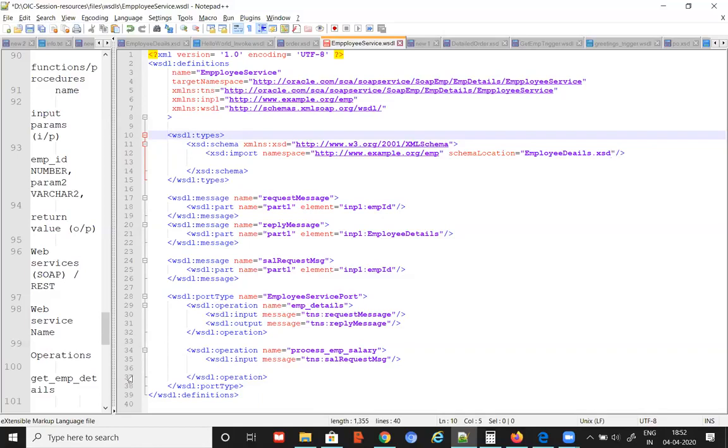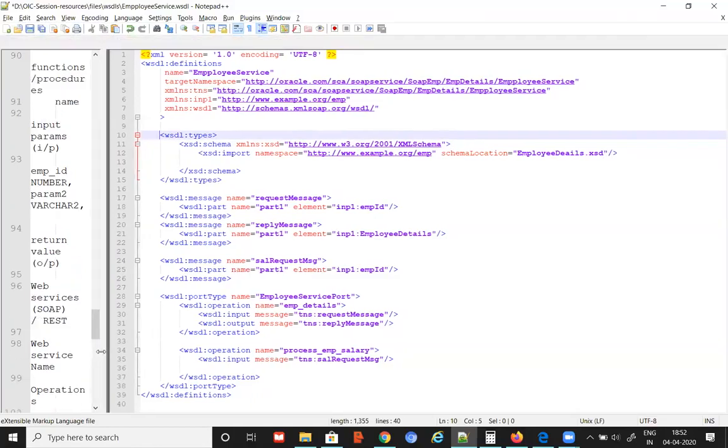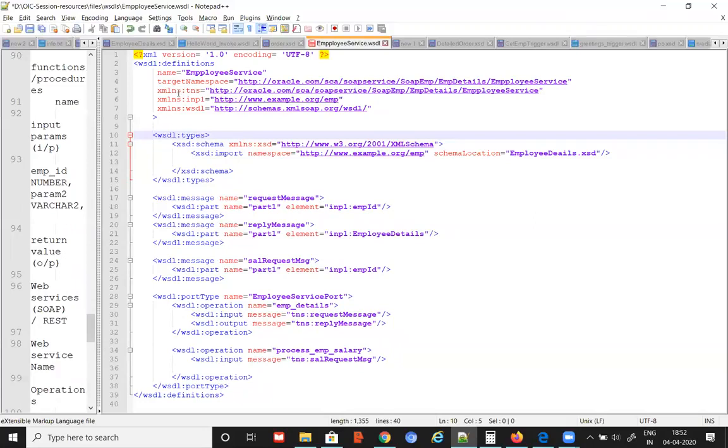So XML-NS, where is it being defined? You're telling the INP1 namespace. But XML-NS should be assigned to some URL, right? Where is it assigned? It is not assigned. I didn't get your question.